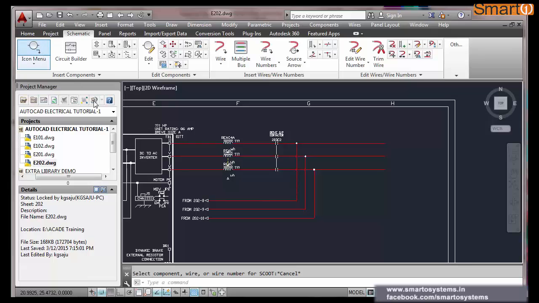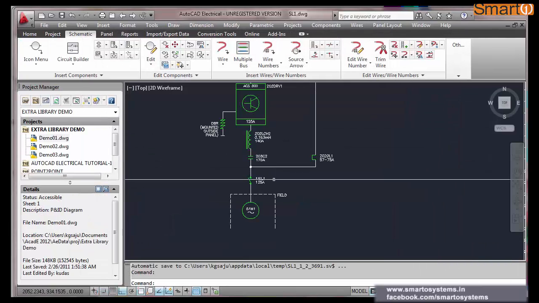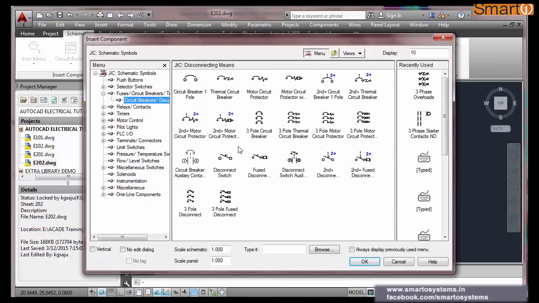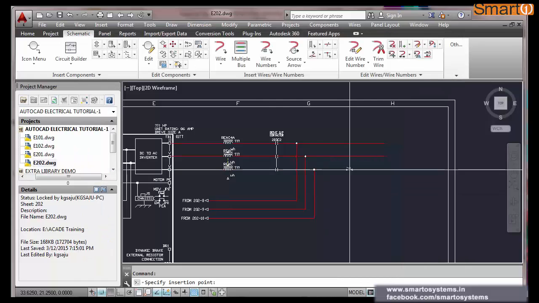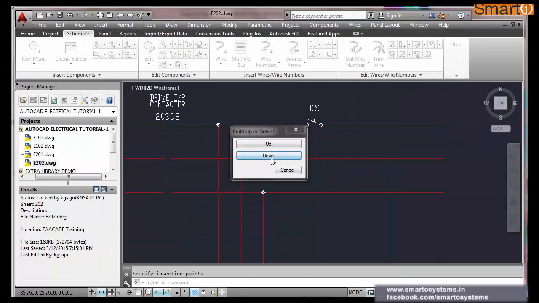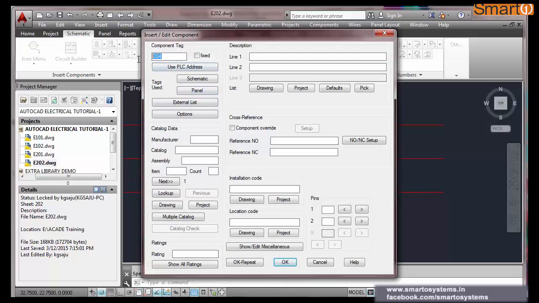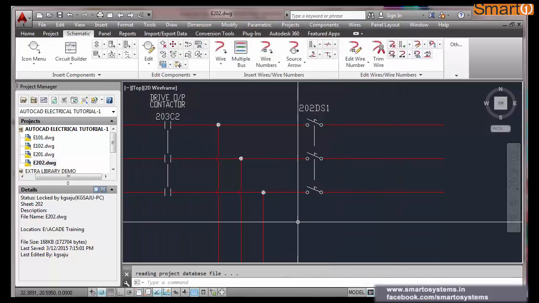Okay. Now I'm going to put, what is there before? Your isolator is there. I am going to put an isolator, circuit breaker. Okay, disconnect with, let us use 3-phase disconnect, 3-pole disconnect. It is here. I am going to put a disconnector here. Again, the option is here, but that is applicable only for one sheet. Okay, so this is my disconnector 1. Rating, make, everything you have to put, only then can you extract the bill of material.